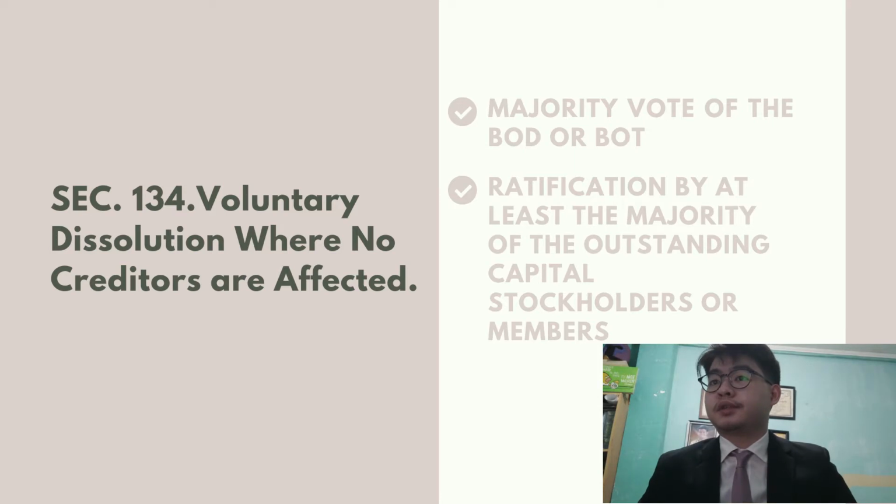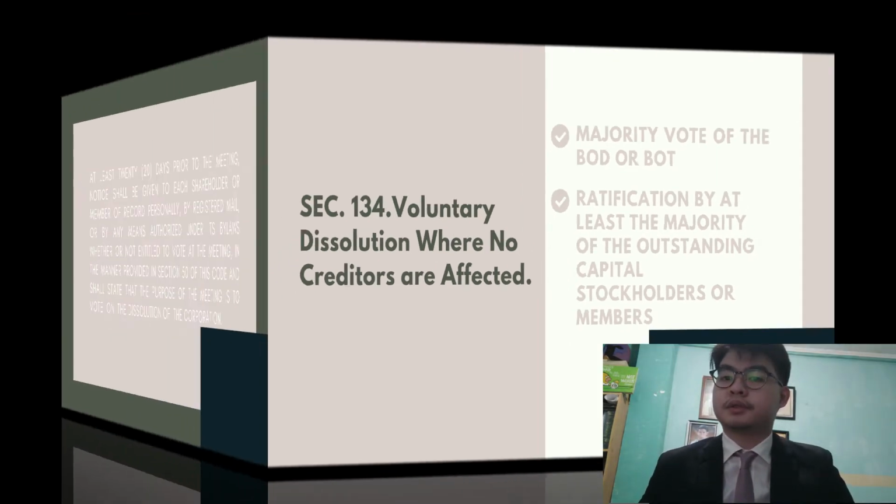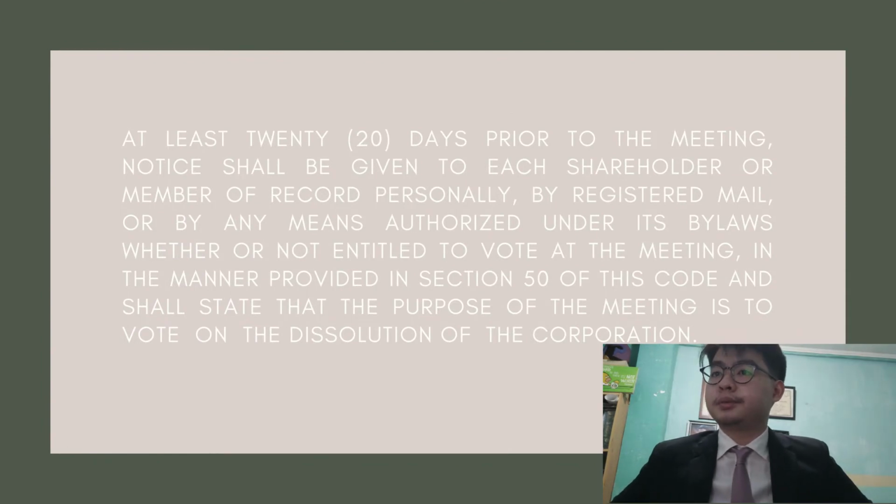The dissolution may be effected by a majority vote of the Board of Directors or Trustees, and this majority vote must be ratified by at least the majority of the outstanding capital stockholders, or majority of the members. The procedure for this should be done in a meeting, with each shareholder or member, whether entitled to vote or not, notified 20 days prior, either by mail or any means authorized in the bylaws,